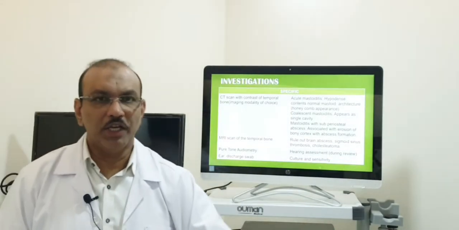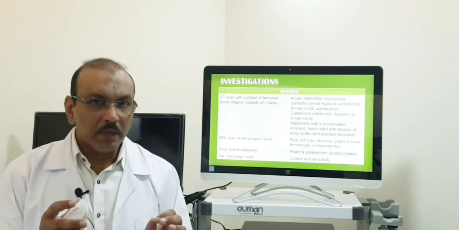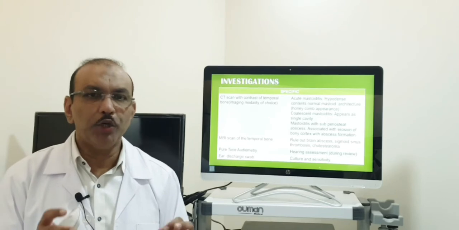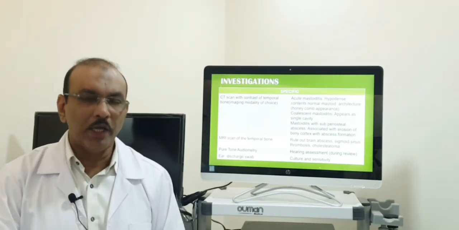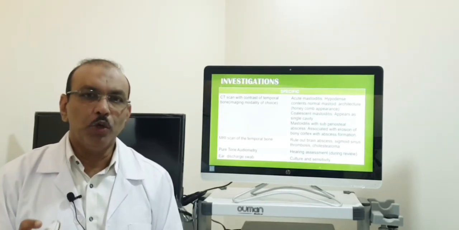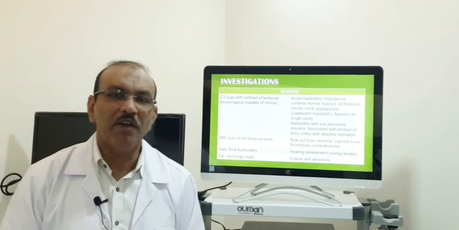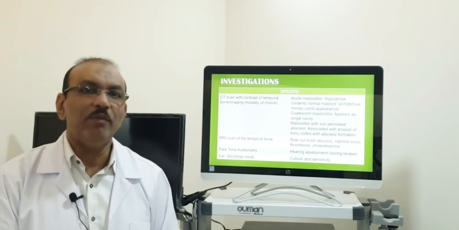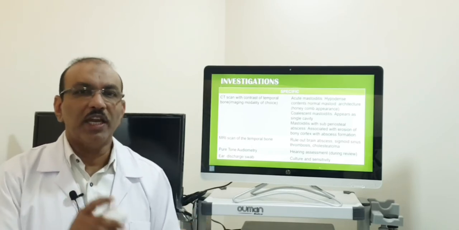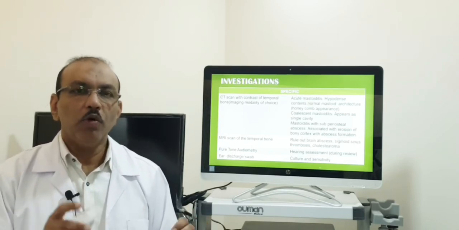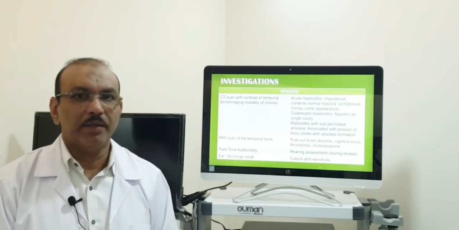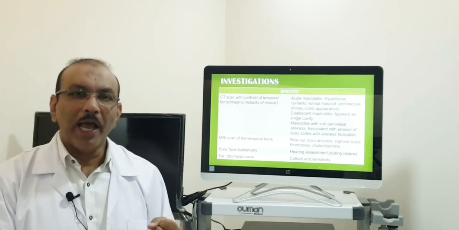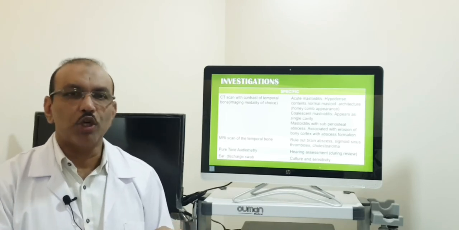Now coming to the investigations. The main diagnosis is with the help of a CT scan. Before that, we need to draw blood for a normal hemogram as well as to know the renal function. Why this renal function test? Because when you do a CT scan, we need to do it with contrast, with a special dye which can affect the kidney. So we have to know the renal status prior to that. So we do a normal blood count, along with a renal function test also.